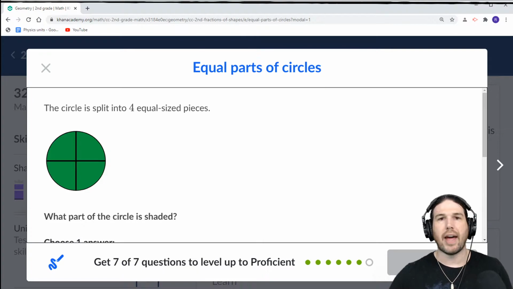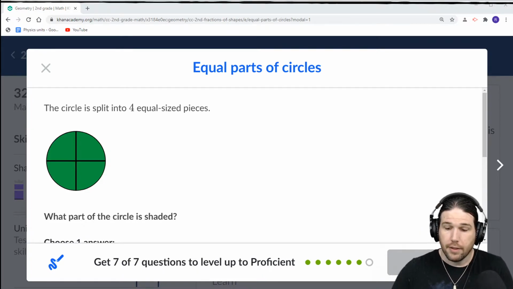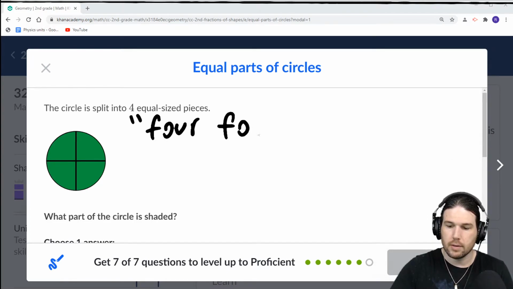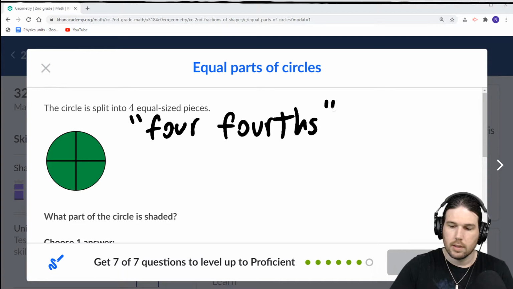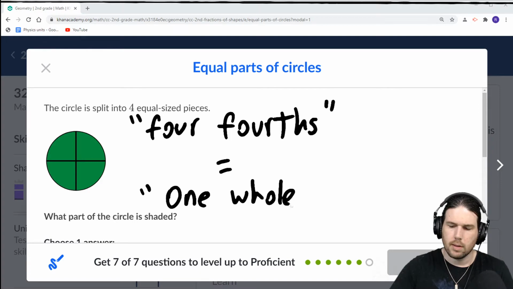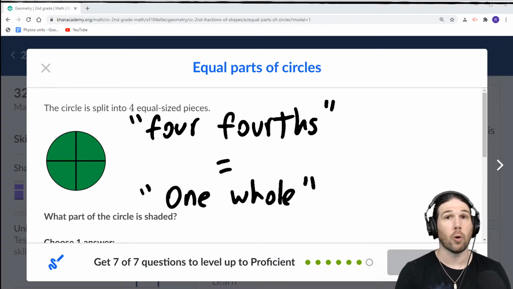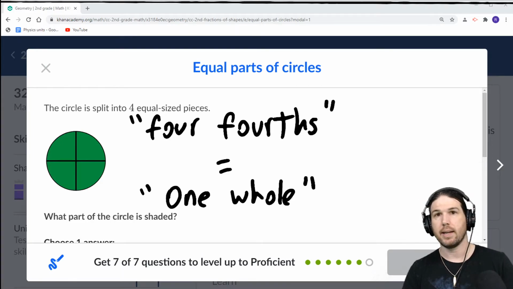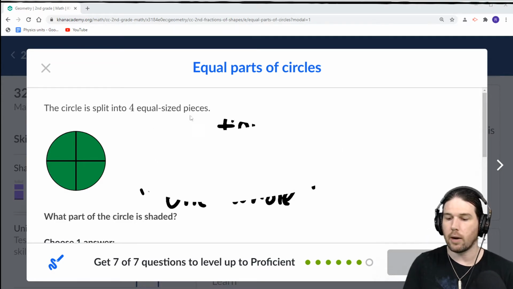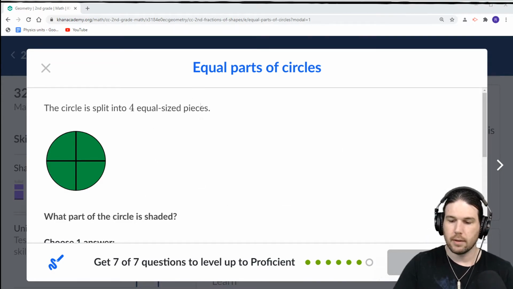And that is a huge deal. The fact that, quote, 4/4 is the same thing as one whole. You should absolutely point this out. You should absolutely talk about this. Ask how many fourths does it take to make one whole? How many fifths does it take to make one whole? How many tenths do you think it would take to make one whole? And it's going to turn out that it's always